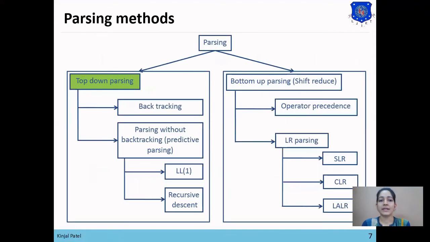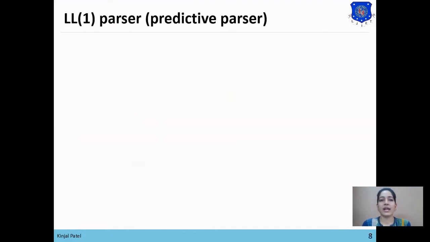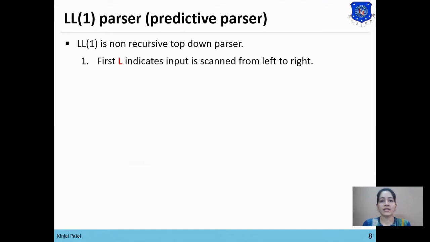So next method is parsing without backtracking. For that, the first algorithm is LL1. So LL1 is a predictive parser and it is a non-recursive type of parser. In LL1, the first L indicates that input is scanned from left to right.